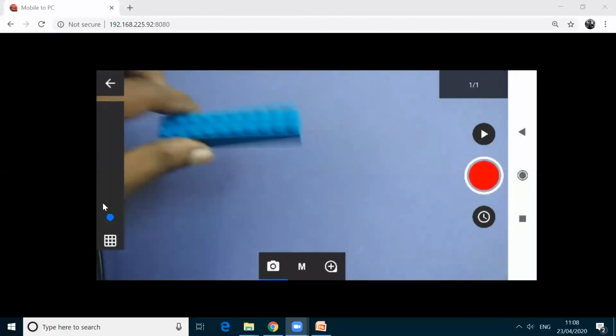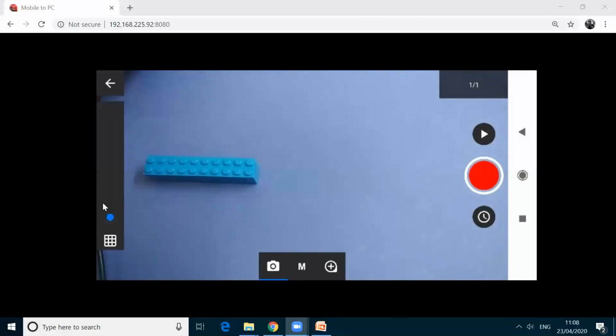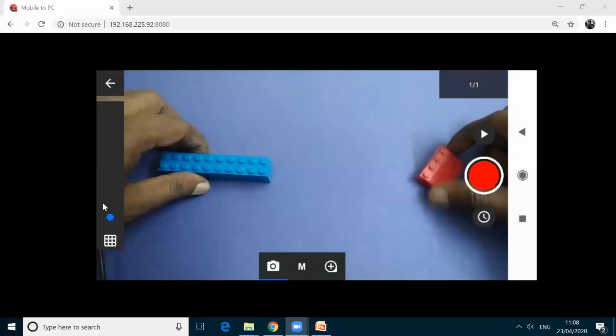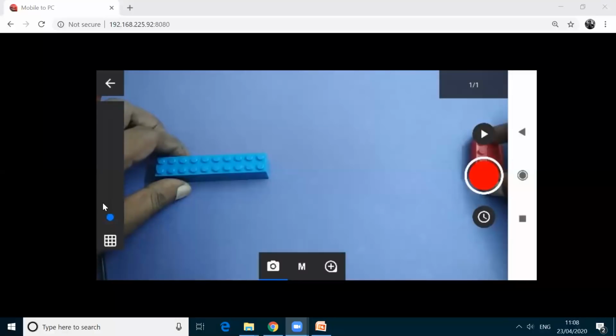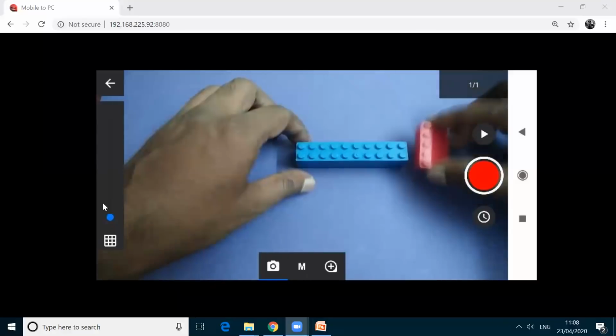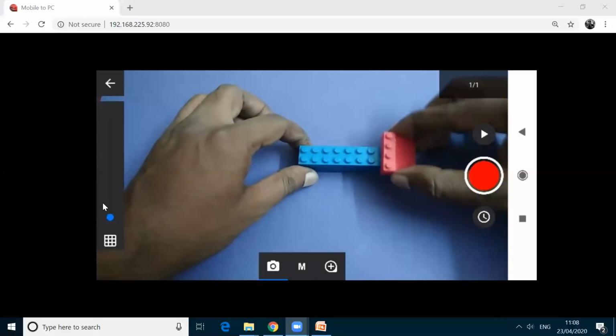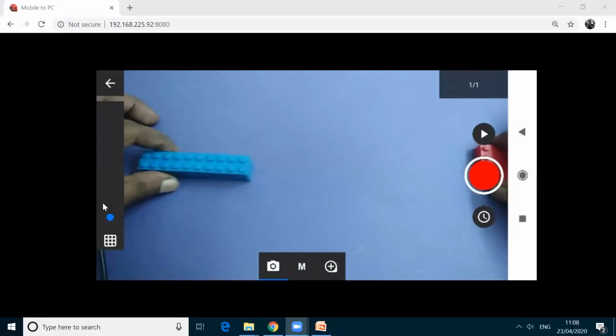Here I'm having a block. Am I audible? Ping me a message. Sir, am I audible? Yes, sir. Okay. Now I'm having 2 blocks. I'm going to bring life to this block. I'm going to do a little bit of animation. I'm having these two blocks. I want these two blocks to come here and this red block to fix on the top. Now I'm going to do a bit of animation.